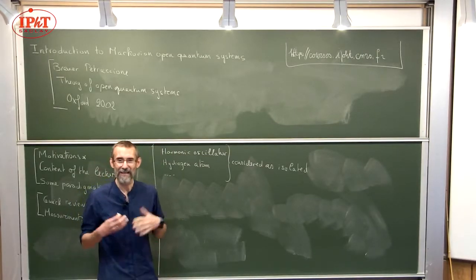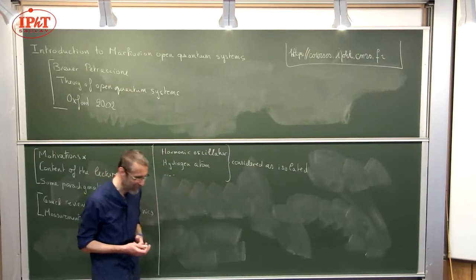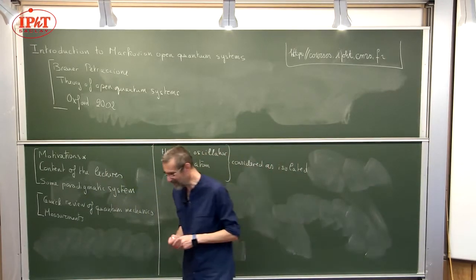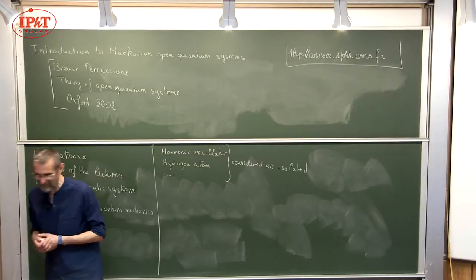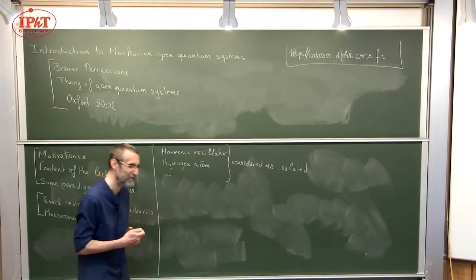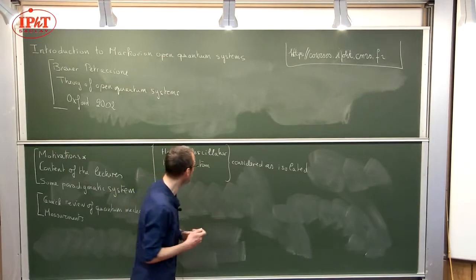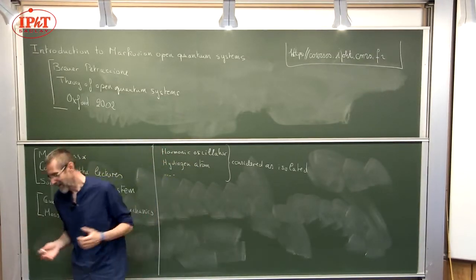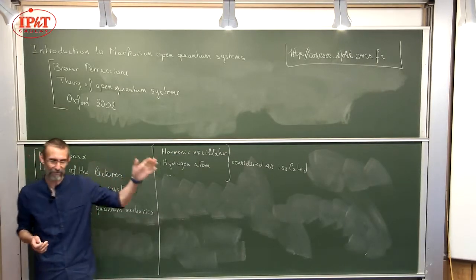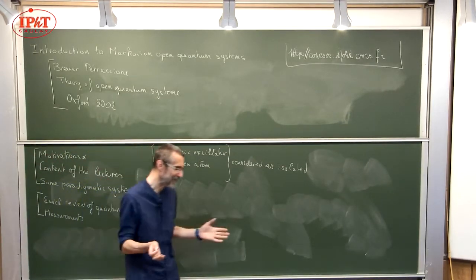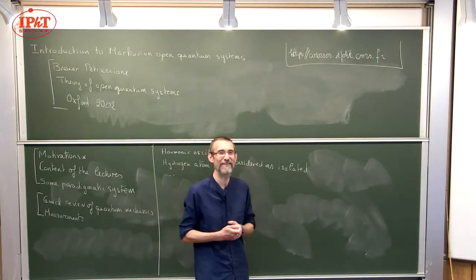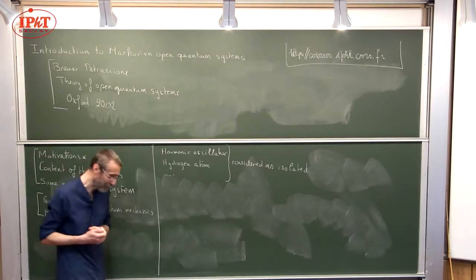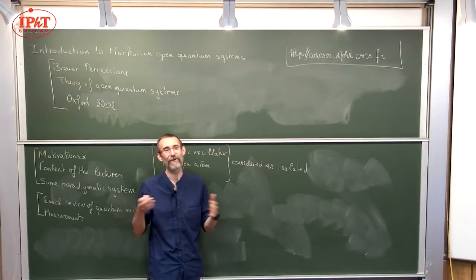Even with a hydrogen atom, of course you can observe the energy levels and all that in experiments, and they are just fine, and it's an excellent approximation for reasonable amounts of time to consider the hydrogen atom as an isolated system. It's not really true. Even if you're in outer space, you're always in a bath at basically 3 kelvins of photons. So nowhere in the world are you really isolated.